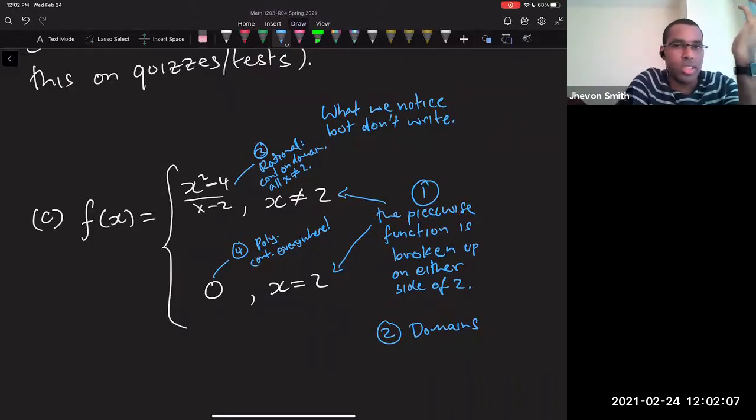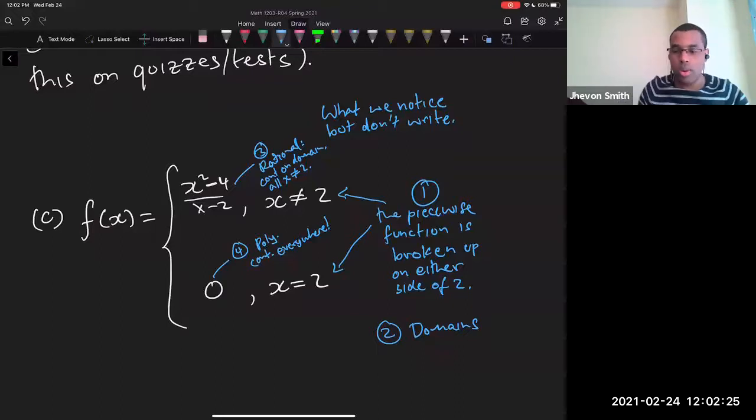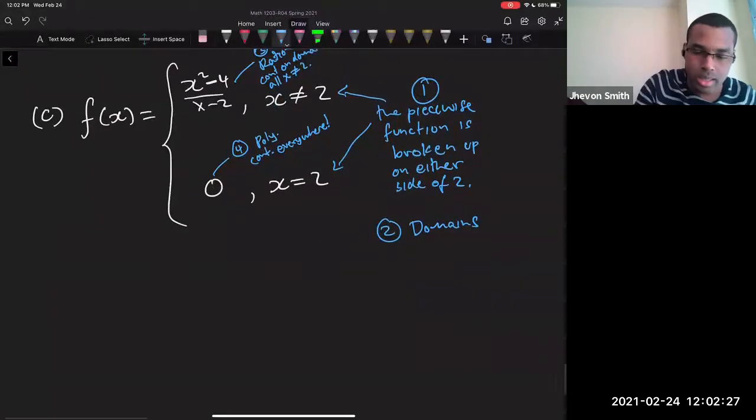Well, the first one is a rational function. That's continuous on its domain because it's an elementary continuous function. So it's continuous. I'm good as long as x is not 2. I look at the bottom part. Oh, well, that's a polynomial. That's good no matter what. So that guy, the 0 function, is going to be fine no matter where we are. So we're cool. So notice what I just did was,